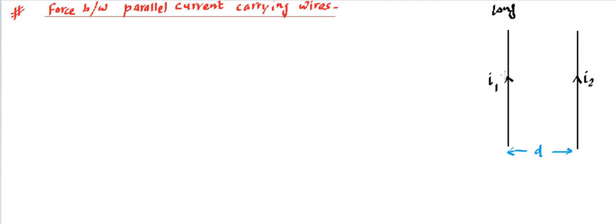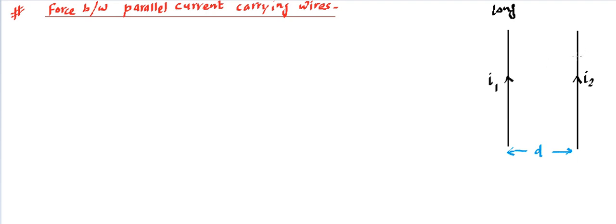Here we have taken the currents in the same direction, so there can be two possible cases: same direction or opposite direction currents. Just like two point charges have electrostatic force, here there is going to be magnetic force because of two current elements. So first of all, because of this one, we can find the magnetic field at 2, and we can say the second is placed in the magnetic field of the first, or we can say the first is placed in the magnetic field of the second. So either will work. So let's say we are trying to find the magnetic field of the first at the location of the second.